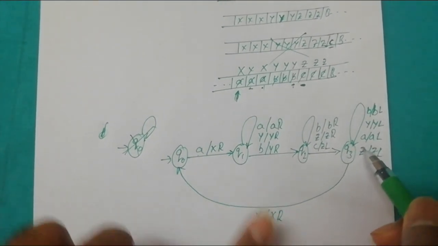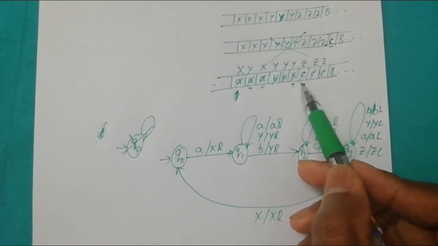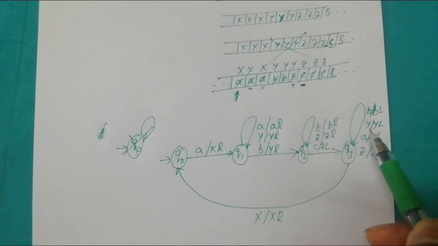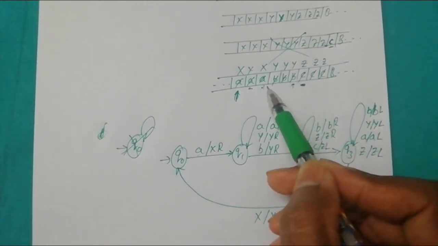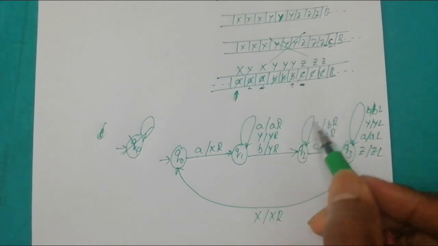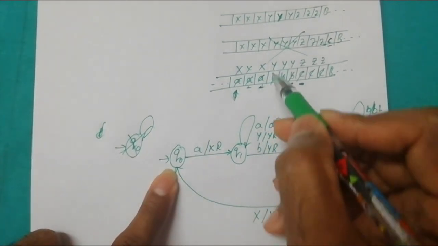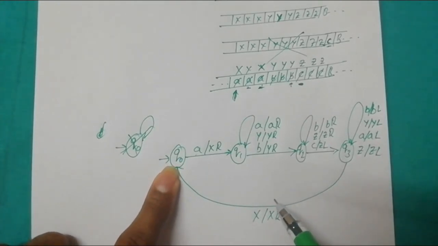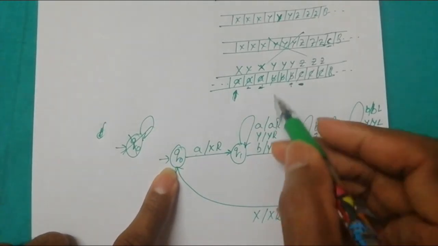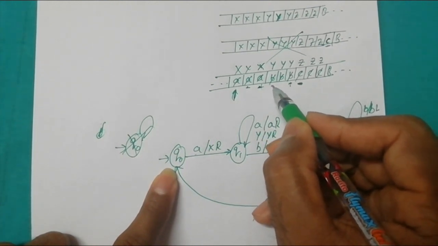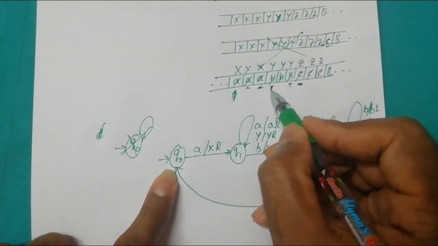q3 will come across with a sequence of z's. Just keep on skipping. q3 will come across with a sequence of y's. Just keep on skipping. Next, q3 will come across with this x. Then it will move to the state q0. Thus that x is retained as it is, and we move to the state q0 and we move one cell to the right direction. That means now the read-write head position is at this location.